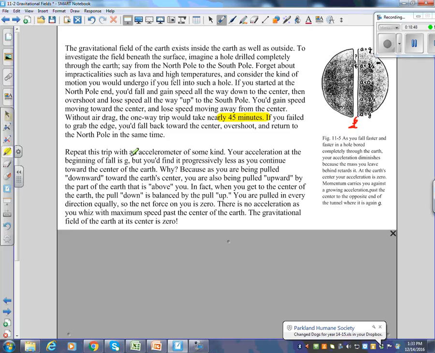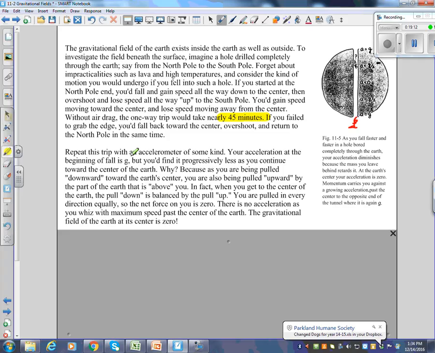What's causing us to be pulled down? The big mass of the Earth, right? But if you're a third of the way down, there's less mass underneath you, and not only that, there's also some mass above you. So you are actually attracted upward. So in fact, the gravity would not maintain a constant 9.8. The acceleration would change.